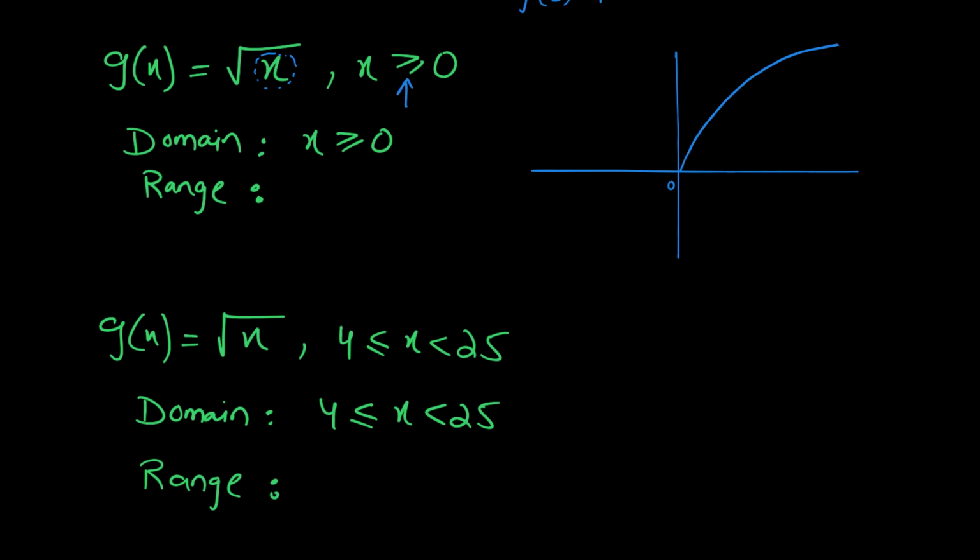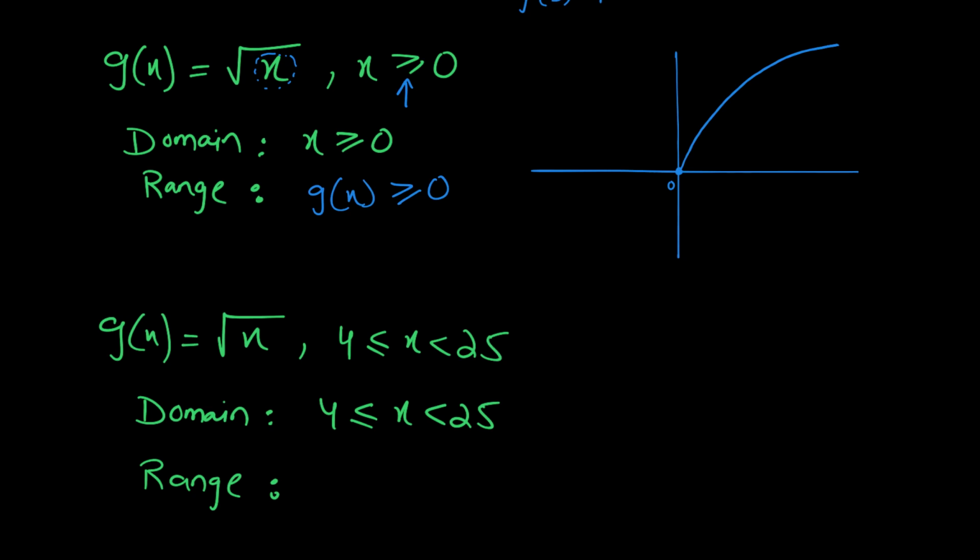But what about the range? By looking at the sketch, you can say that the minimum value of the function is 0 and it can go up to infinite value. So g of x is simply greater than or equal to 0. Similarly,